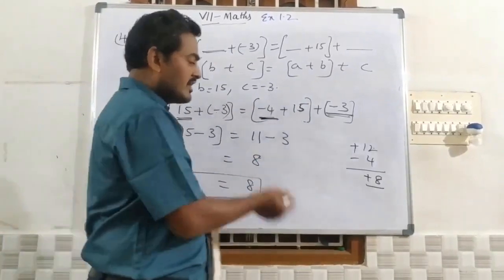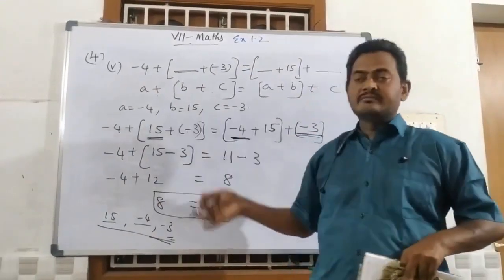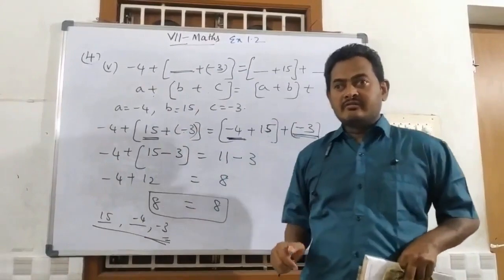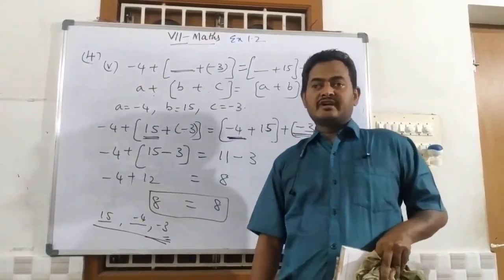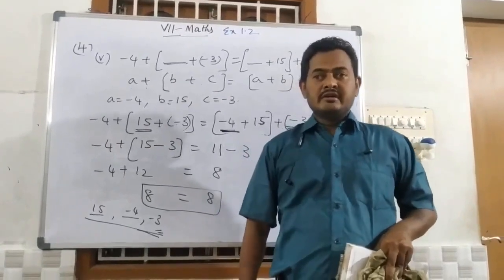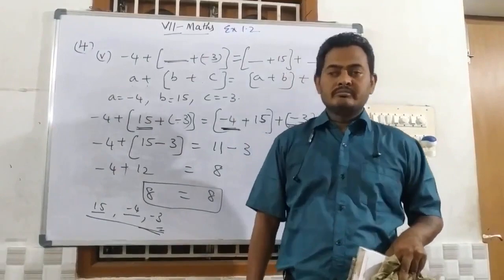So like this we can write any example, children. These are some properties, and all these sums you write in your classwork, and example 1 also you can finish in your classwork. I am going to give one worksheet, fill that also and complete the worksheet, and be safe at home. Thank you.